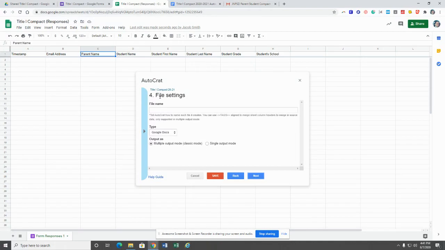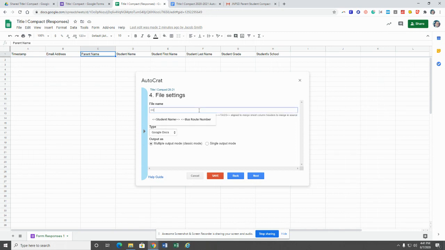All right, now we're going to figure out how we're going to name this file, and we're going to use those same symbols because that's going to make it easier for you to find. If you're doing this just for your district, which I think is probably the easiest way to do it, I would say